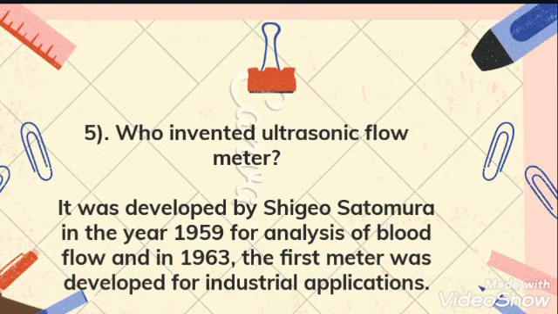Who invented the ultrasonic flow meter? It was developed by Shigeo Satomura in the year 1959 for analysis of blood flow, and in 1963 the first meter